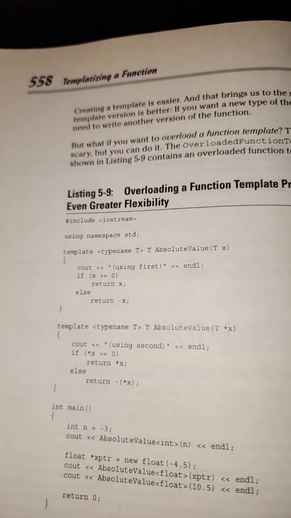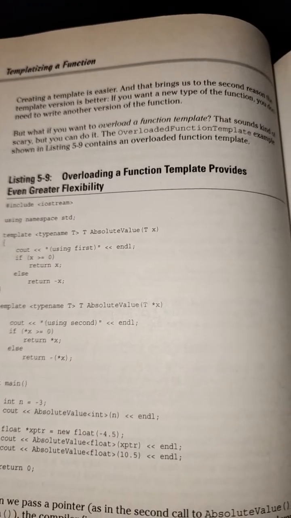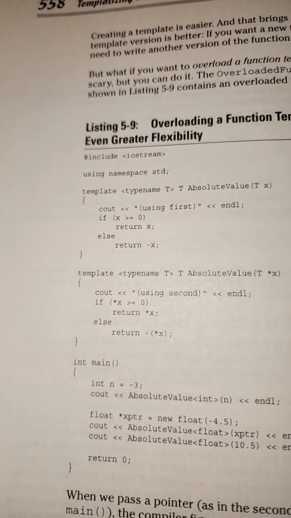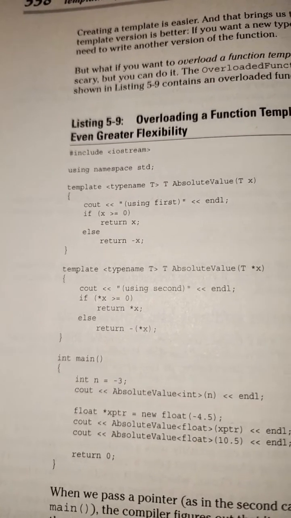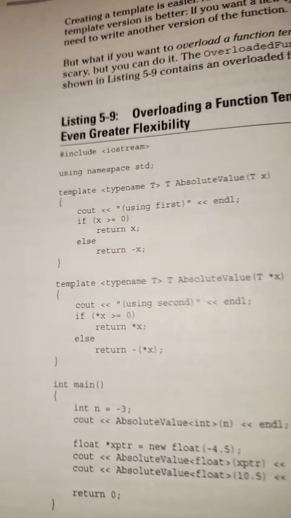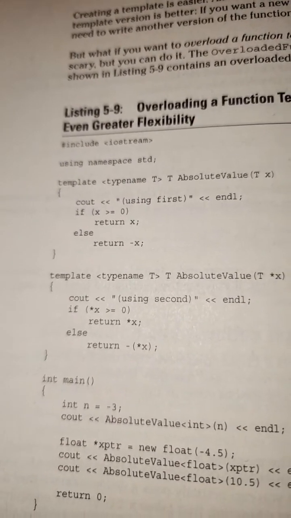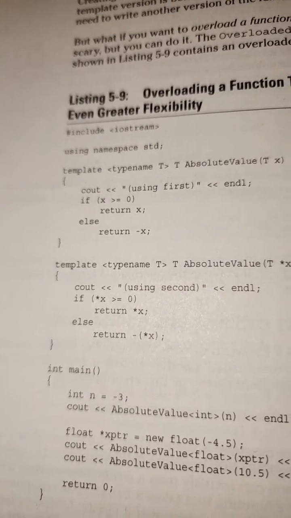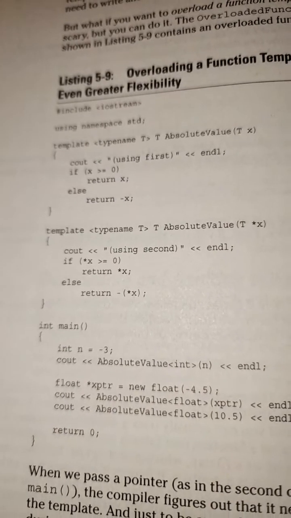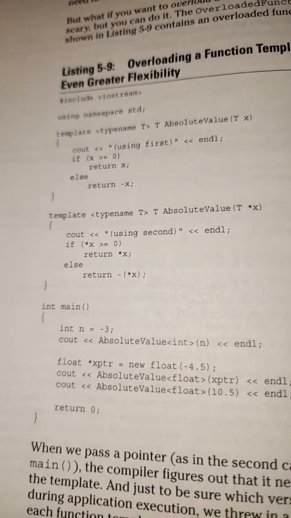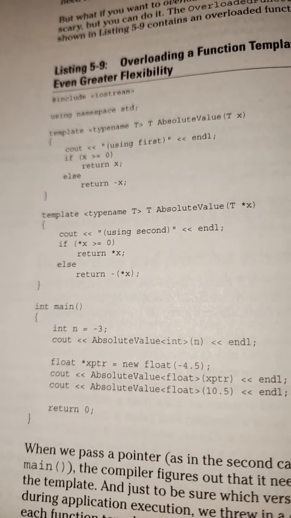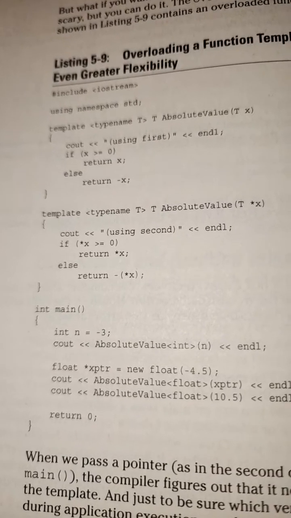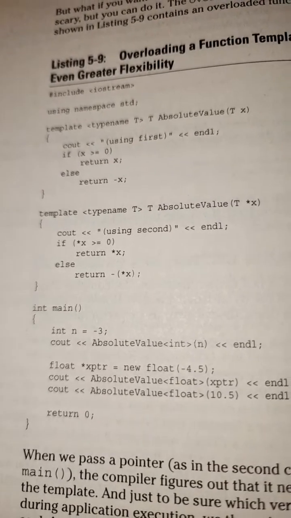Listing 5-9, overloading a function template, provides even greater flexibility. #include <iostream>, using namespace std; template <typename T> T absolute value(T x) { cout << "using first" << endl; if (x >= 0) return x; else return -x; } template <typename T> T absolute value(T* x) { cout << "using second" << endl; if (*x >= 0) return *x; else return -*x; }